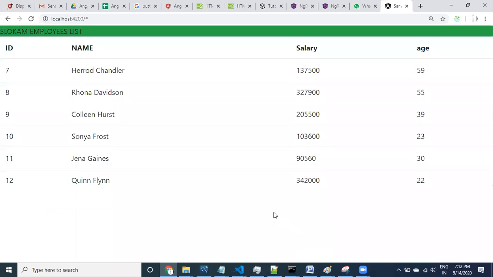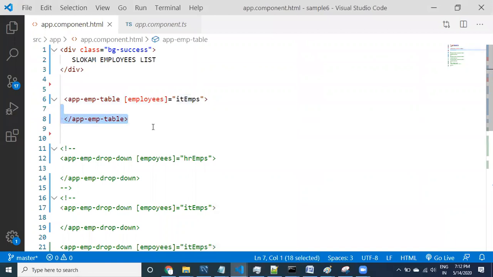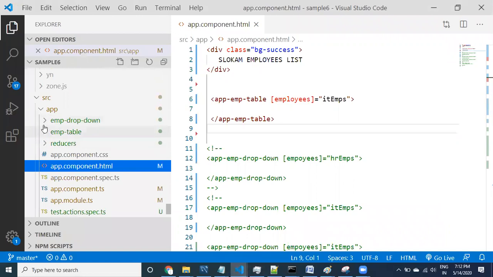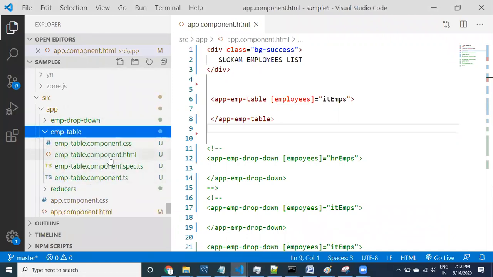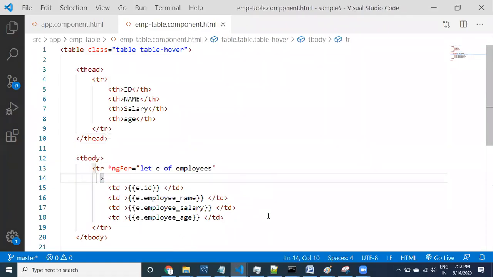To do that, let us go to the app component, and then go to the table component. In the table component, assume there is no method and we are not binding here. I just want to bind it freshly. So here I would like to do click.